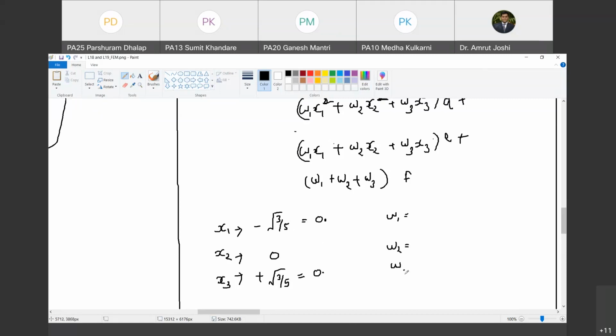So 0.77459. So there is 0.7746. Right? So first one is minus. So these three points x1, x2, x3 are minus root 3 by 5, 0, and plus root 3 by 5. And the weights associated with them are